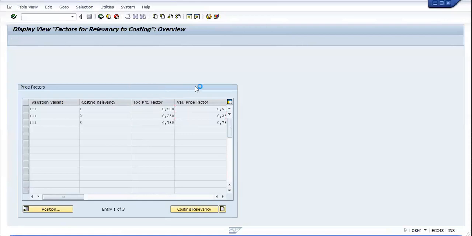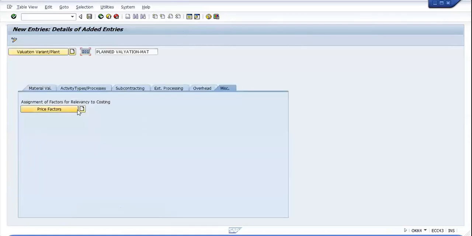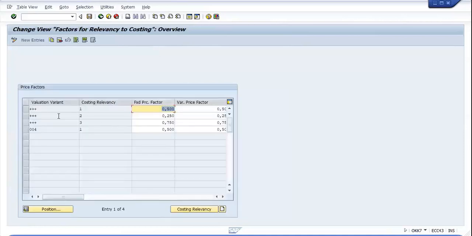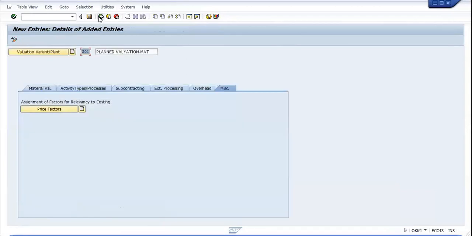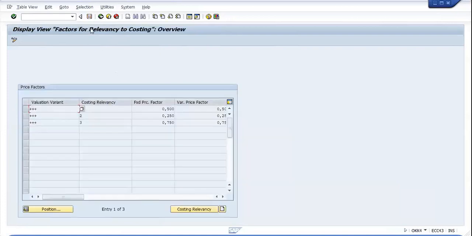Okay, if we click on the price factor, or rather you can create your own price factor here. You will find that you can change the price factor or the valuation price factor. But this will remain the standard by SAP. Okay, 1, 2, 3, not an issue.